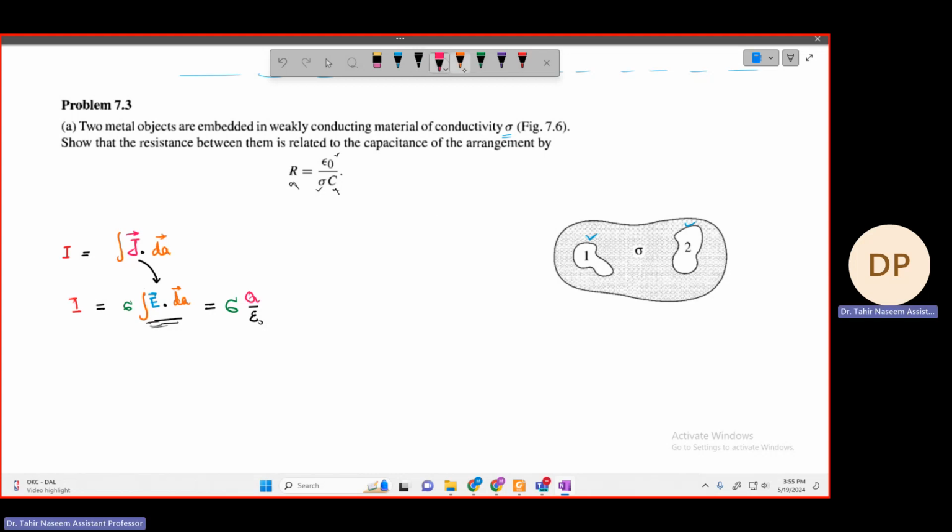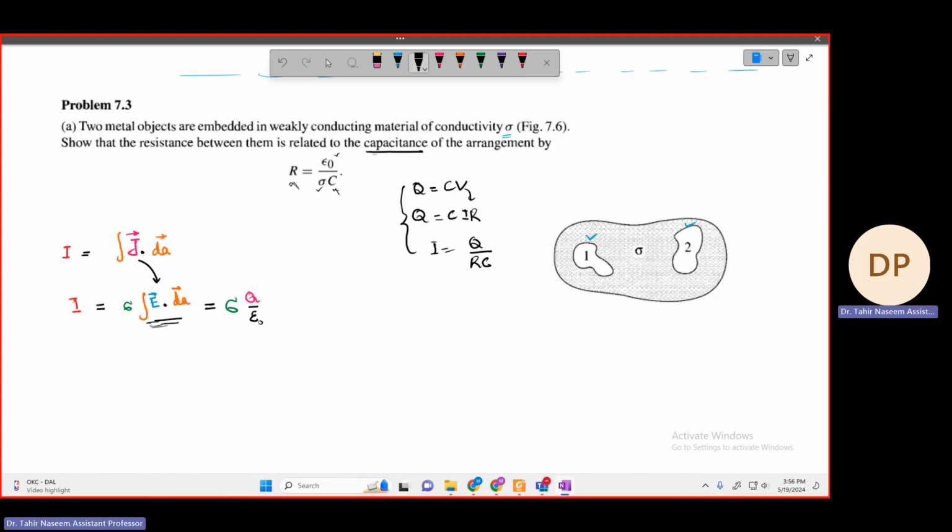I can actually write Q is equal to CV, right? From here, I can write Q is equal to CV, and using Ohm's law, V is equal to IR, or I is equal to Q over RC, right? So अगर आप देखो ये मैं क्यों यूज कर सकता हूँ these equations, because